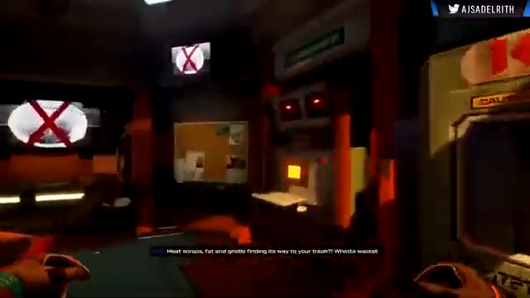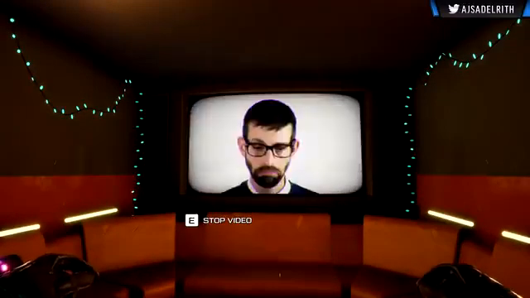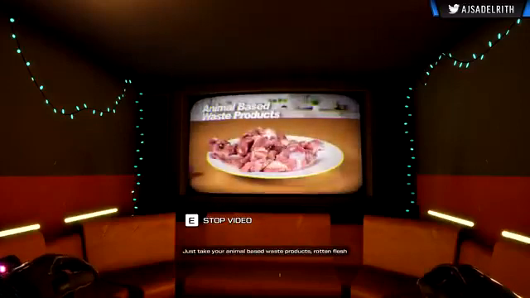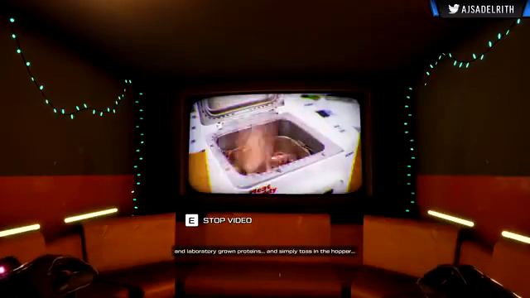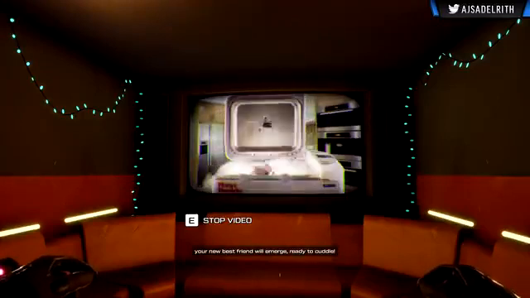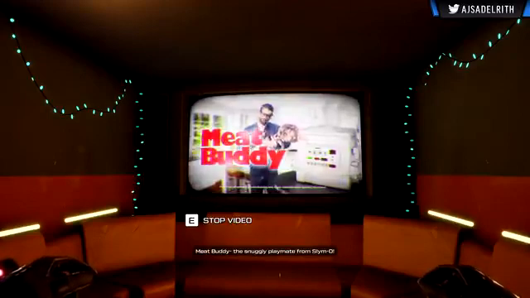What a waste! Or even worse, the toilet? Disgusting! Put a smile on your face using your meat waste with Meat Buddy, the reconstituted cuddly companion from Slimo. Just take your great animal-based waste products, rotten flesh, and laboratory-grown proteins and simply toss in the hopper. Choose the number and type of appendages, and in just 4 short fly chips, your new best friend will emerge, ready to cuddle. Meat Buddy, the snuggly playmate from...